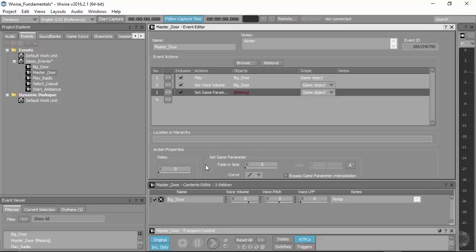Ultimately, in your game design, you'll probably want to use a combination of these. Sometimes it just makes more sense to do it in code, and sometimes you're going to want that fine-grained control of doing it within an event. Just be aware that both options are available to you.